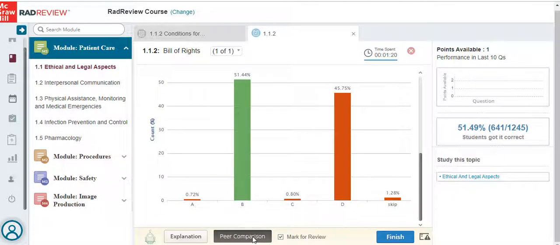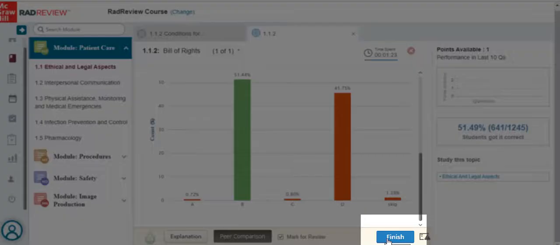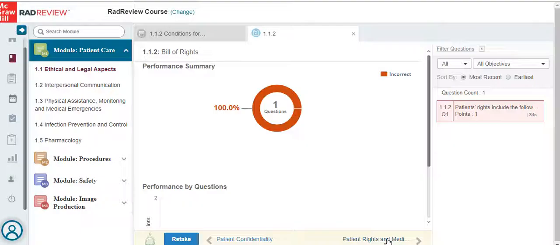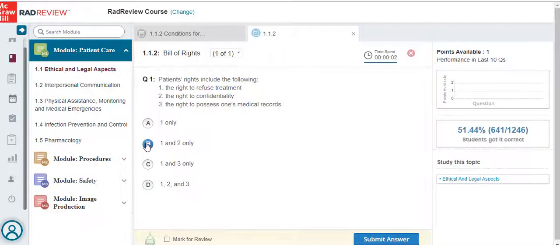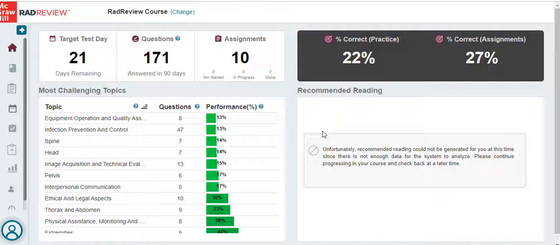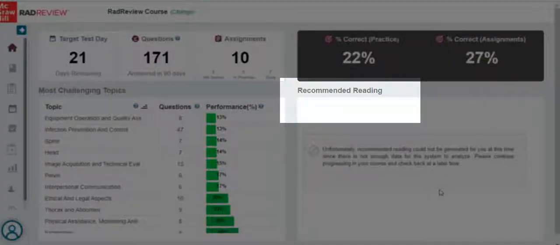Once you have completed the review questions, you can click on Finish to get a performance summary. If you wish, you may retake the quiz by clicking on Retake. As students take quizzes, recommended readings based upon their quiz performance will show up on their dashboard that link to